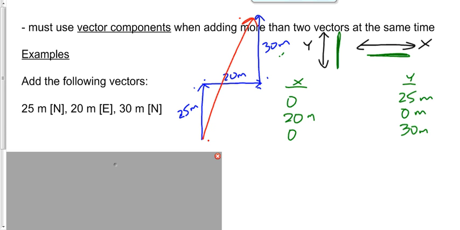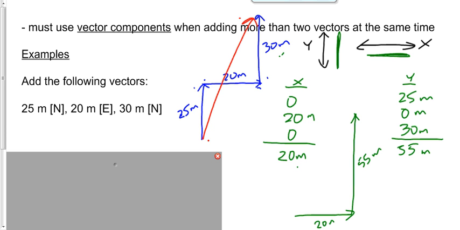All right, so now what I want you to do is add them up. 0 plus 20 plus 0 is 20. 25 plus 0 plus 30 is 55. Now, watch carefully. Remember what I said when we started this whole deal on Friday? The goal is to get a right-angled triangle vector diagram. I had a vector diagram, but it wasn't a right-angled triangle vector diagram. This is the step that's going to get me to that right-angled triangle. I'm going to say 20 on the x-axis. And then I'm going to say 55